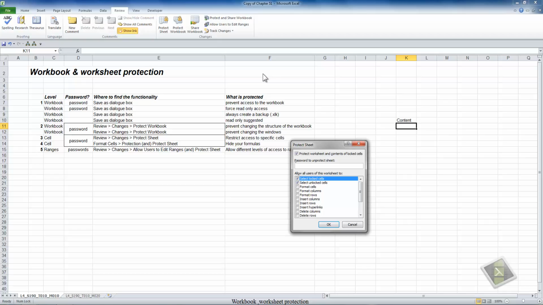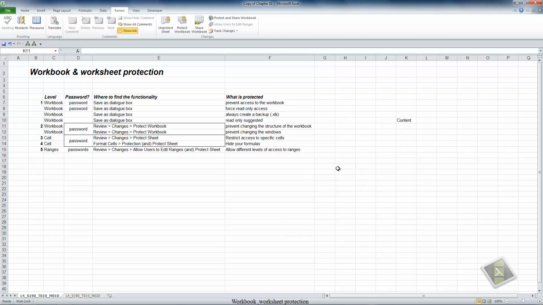So I'm going to clear the checkbox for locked cells and left-click OK. And now I can't select anything because, like I said, by default, all the cells are locked. And I'm left-clicking all over the place. I'm not able to gain access to any of the cells. I'm going to unprotect the sheet